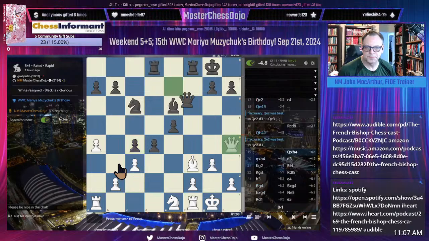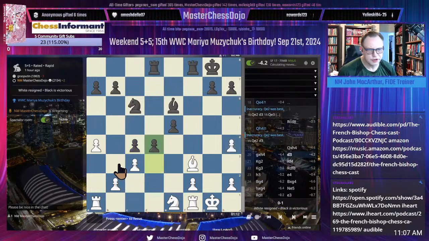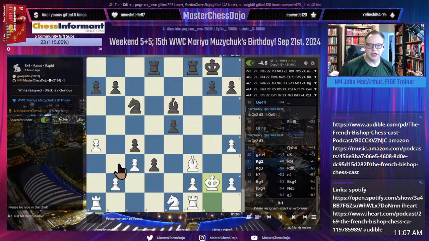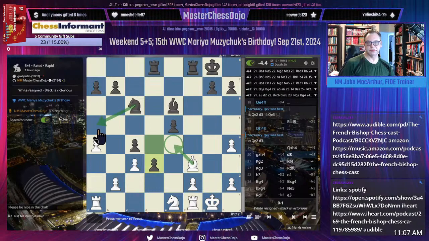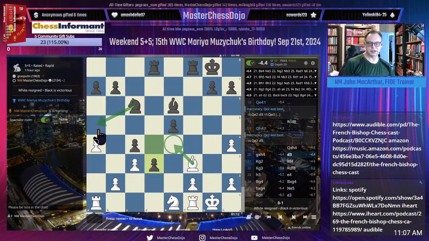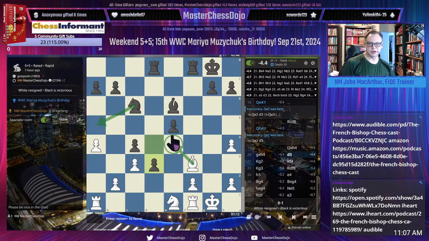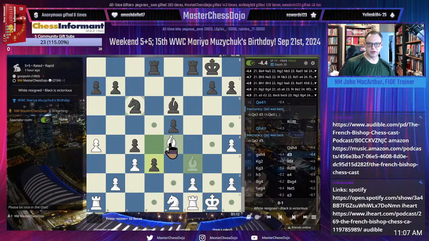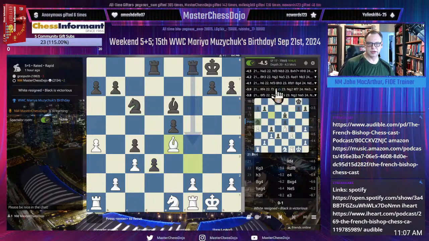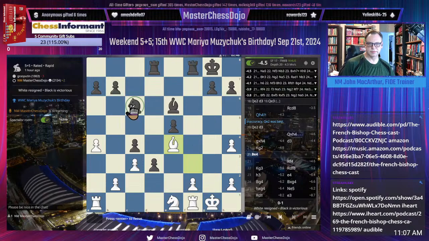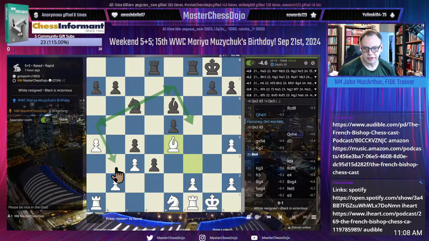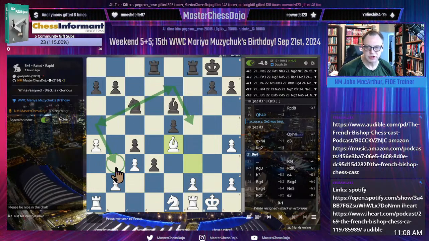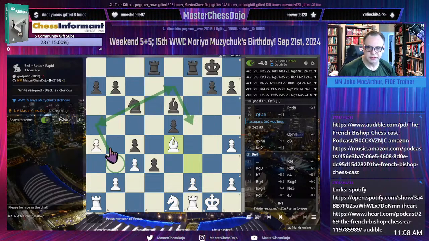You offered a trade of queens for some reason, which allows a death-defyingly lost endgame. I did expect bishop to e4. I was not planning on playing that. I was going to play rook to f4 on bishop e4. I was playing rook to e, and then I would probably have rerouted my knight into the game this way. I still didn't have an inkling that I was going to be going in that direction with my knight. It just never occurred to me.